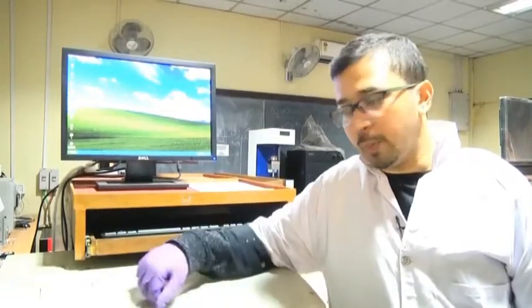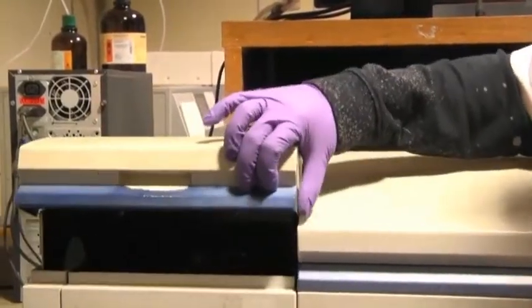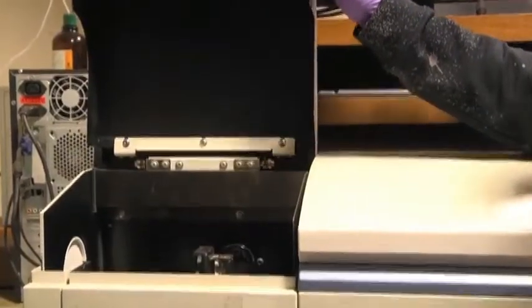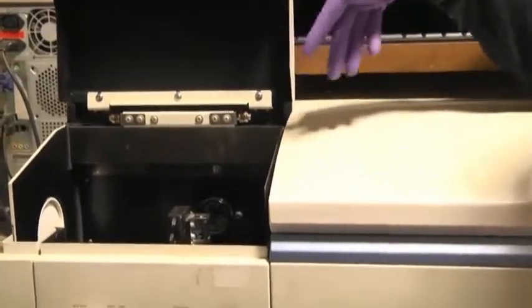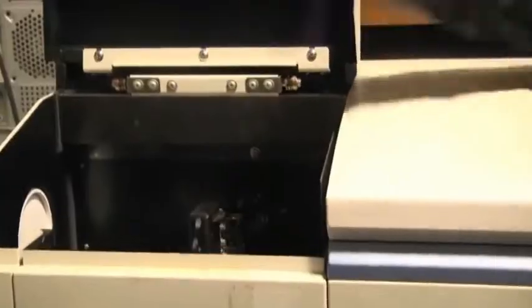So, this is the fluorescence spectra instrument, the fluorimeter, where we will carry out the denaturation studies. In this instrument, as we are commonly familiar with, there is a chamber like in the UV instrument, and this is the cuvette chamber. We can open it. This is the lid of the cuvette chamber. Once we open it, we can see there is a place where you can keep the cuvette, and this is the entire chamber. The light enters from here, and the sample is kept in this chamber.